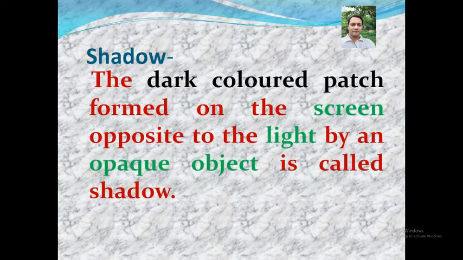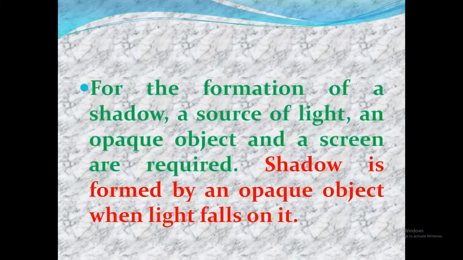What is shadow? The dark colored patch formed on the screen opposite to the light by an opaque object is called shadow. So, what is shadow? Shadow is a dark colored patch, and screen, light and opaque object are necessary for it. For the formation of shadow, a source of light, an opaque object and a screen are required. Shadow is formed by an opaque object when light falls on it. So it is formed on the opposite side. Shadow will be formed opposite to the source of light